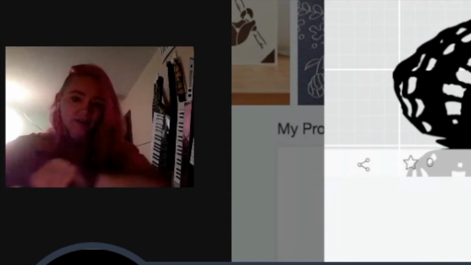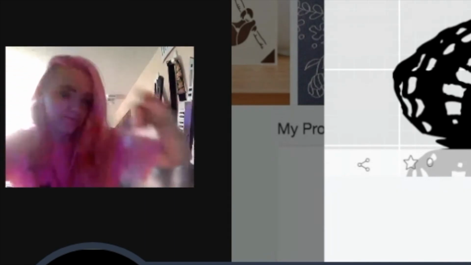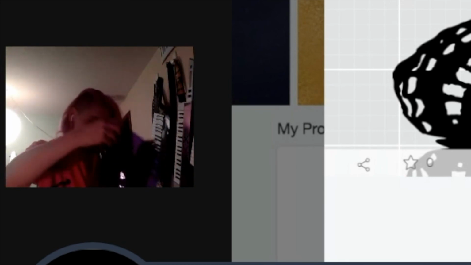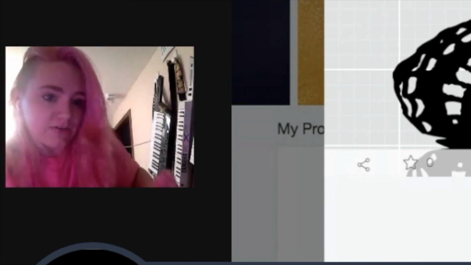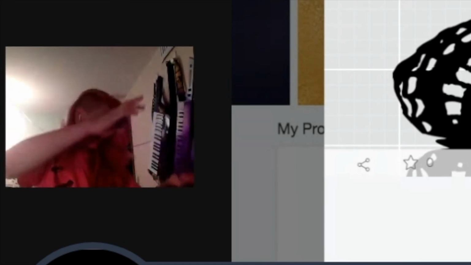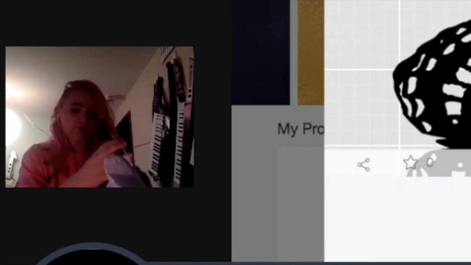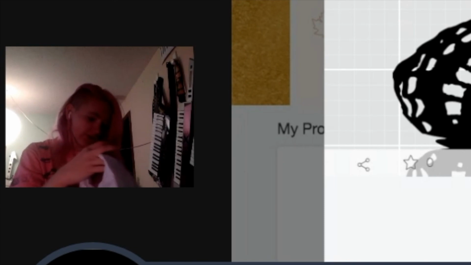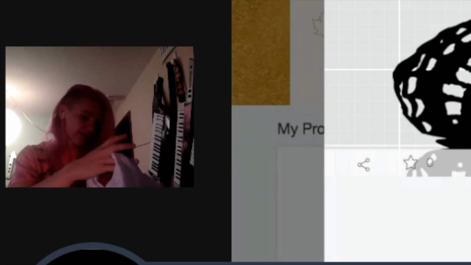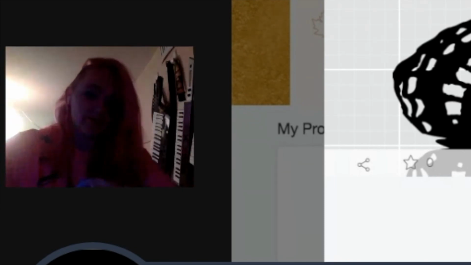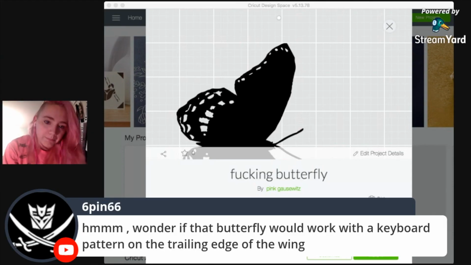So like, now it's purple. Now it's a different purple. So these are burned out gels, so they can't be used in theater anymore, but you can take them and cut butterflies out of them. So maybe I'll bust out that pattern again and see if I can put a keyboard on it. That'd be a fun sticker. I'm stealing that idea.